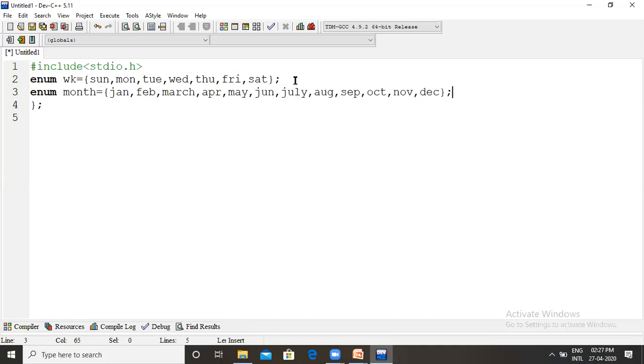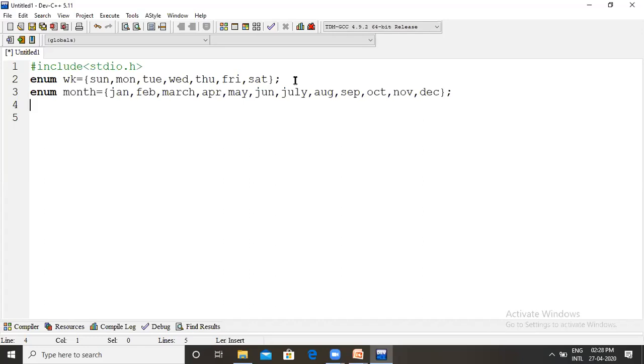In that way, month is one more data type that is defined by the user. What is the meaning of month? It reflects 12 months in a year. Week reflects 7 days in a week by name wise.